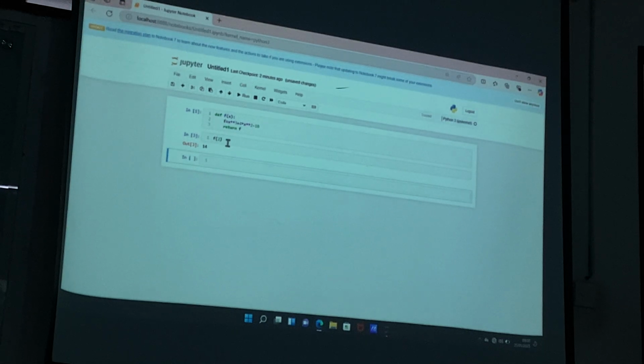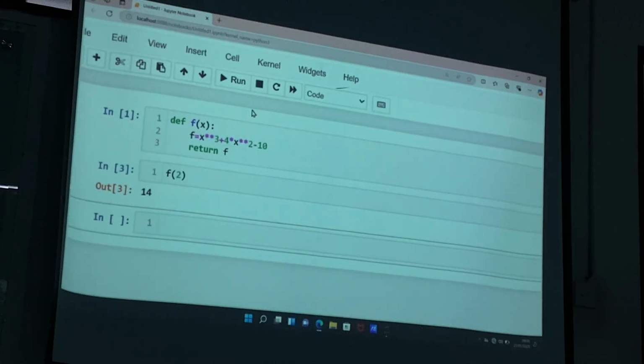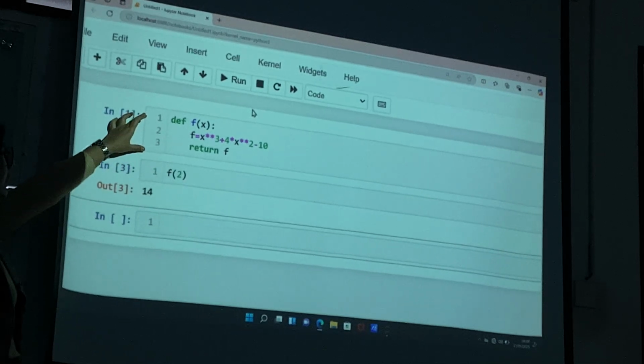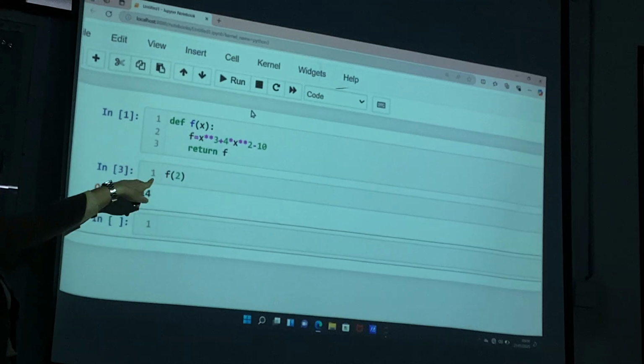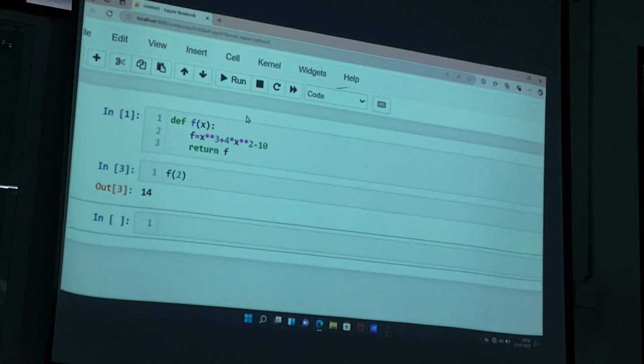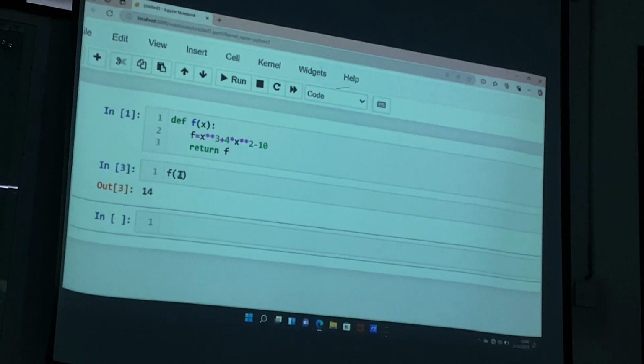Is that correct? You can check here, or you can also check it here. It's up to you, just to make it look clean. So F2 is 14. If you look at F1, for example,